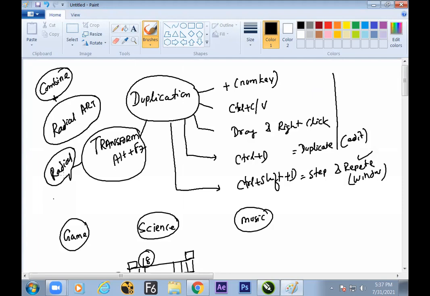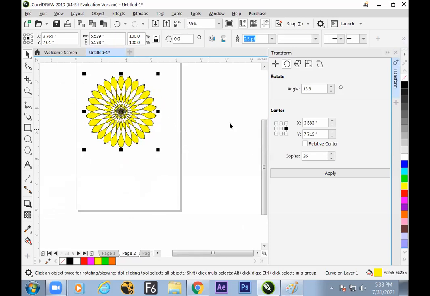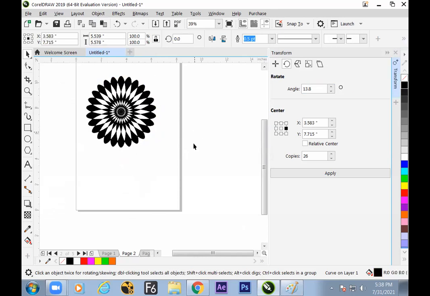One, central change. Second, number of copies added. Third, a radial measurement. And the radial measurement is the total value 360 degrees divided by how many copies we have placed here. Then ultimately it will go for exact calculation. So hope this design is ready. It's a combined format. We can change the color at any time.